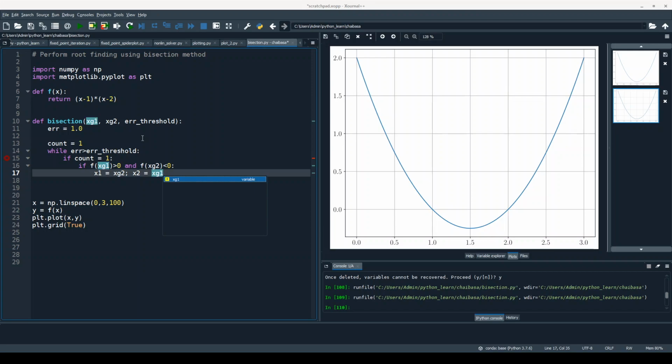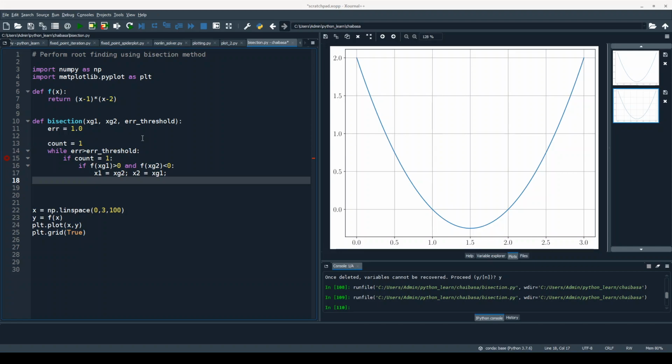Essentially I am taking the negative sign value and assigning it to x1. The left point I am assuming to be negative and I am assigning it to x1, and x2 I am assigning to the positive value.